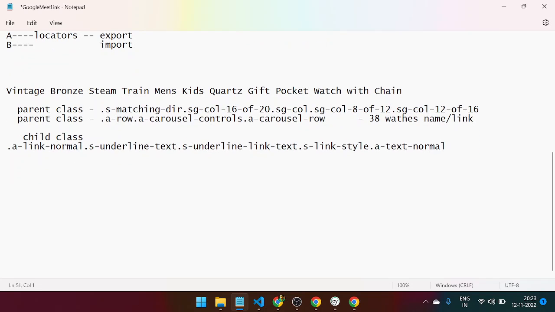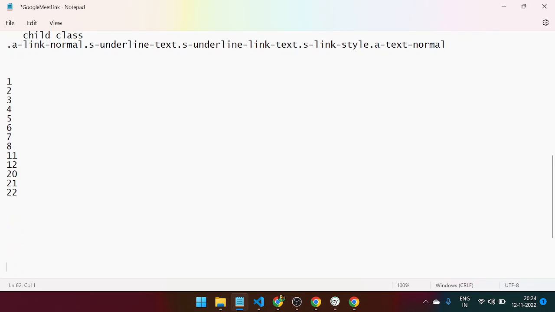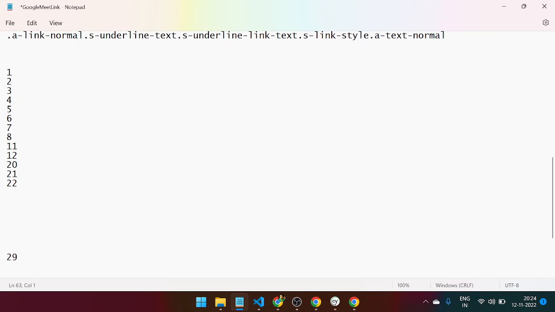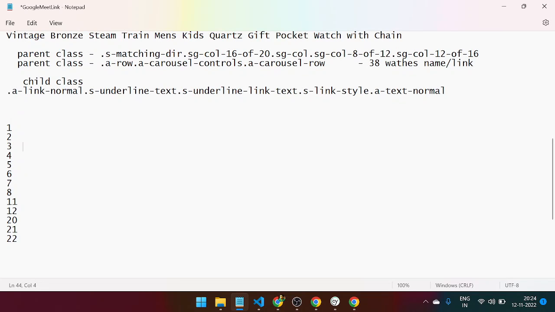So what happened, if I take one example for you. I have some numbers here, for instance 1, 2, 3, 4, 5, 6, 7, 8, something like this. Then again 1, 11, 12. Then afterward 20, 21, 22. So this is a calendar. The last one is suppose 29 and then 30. In this condition, what we put here is include,